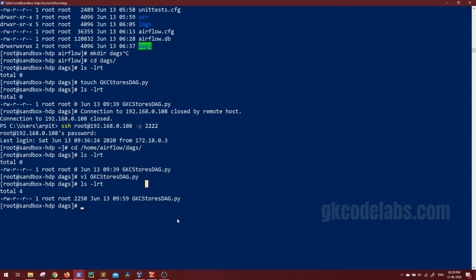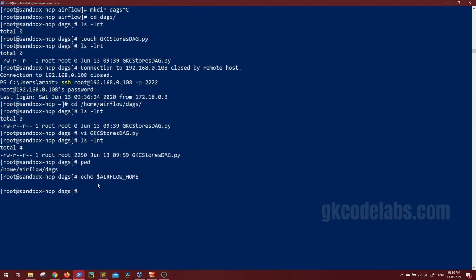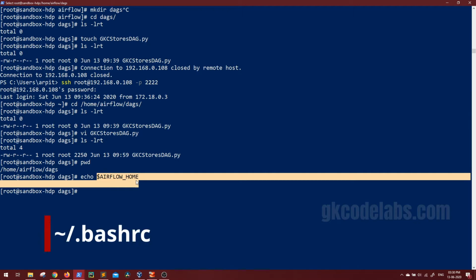Now let's start our Apache Airflow and see how we can access this DAG. Apache Airflow by default looks into the home directory of Apache Airflow, and that is accessed by the AIRFLOW_HOME variable. You see if that is set, and nothing is set right now. In an actual production environment you won't see such things. From your side as well, if you want, you can set this Airflow home in your bashrc script.